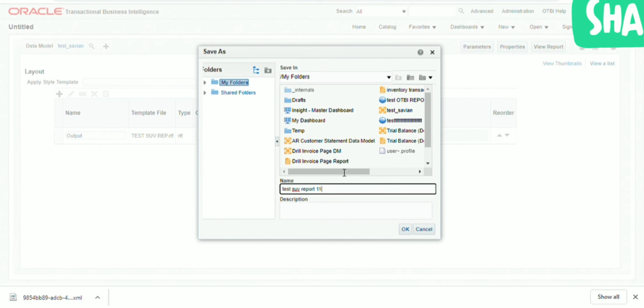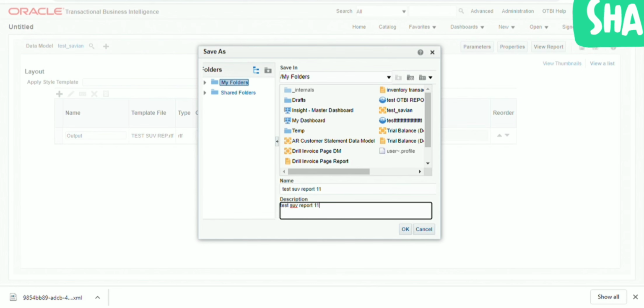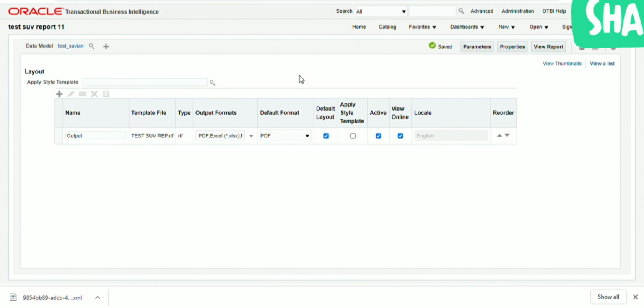You can give customized names. There would generally be two different folders since it is for training and sample data. I'm just saving it in the same folder. Generally the data model has one folder, and for saving the RTF report there would be a different folder. Now we are good to go. We just need to see the report output, but before that there is a very small step in order to save the auto run property.